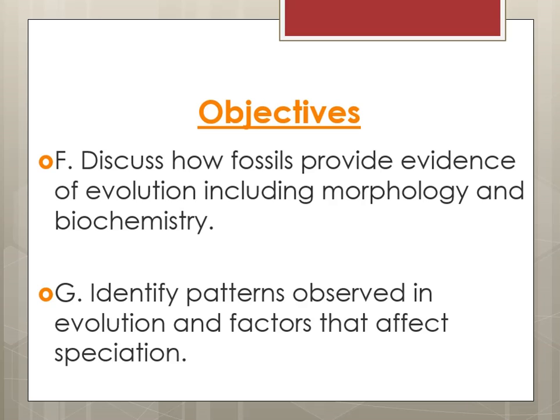We're moving on. This is the next part of chapter 15. We're going to look at how fossils provide evidence of evolution, and then we'll talk real briefly about the differences between morphology and biochemistry. And then we're going to look at patterns observed in evolution and factors that affect speciation,